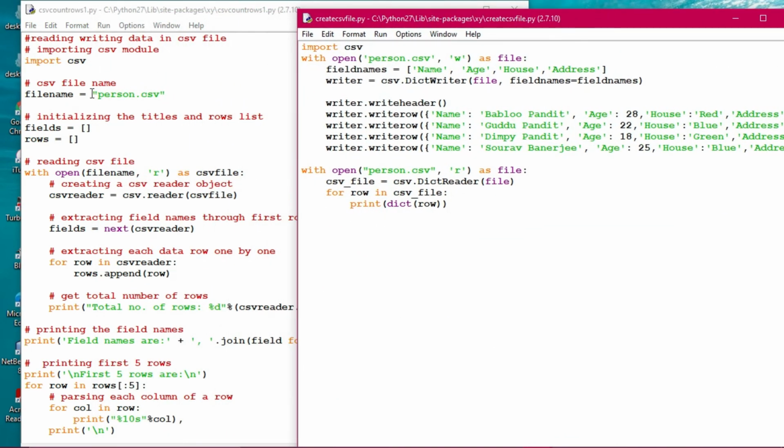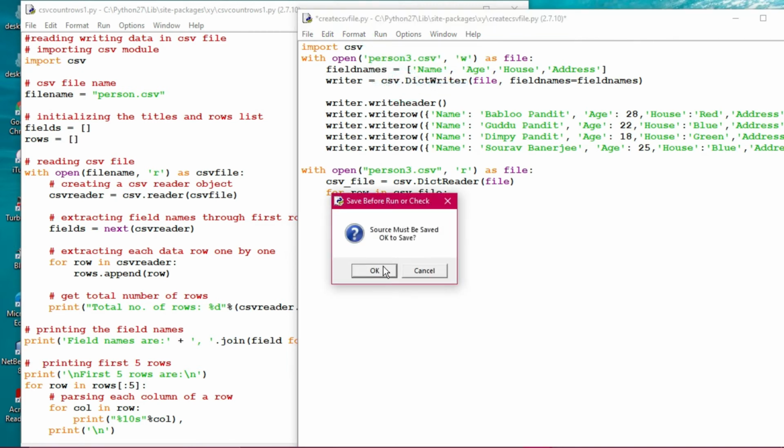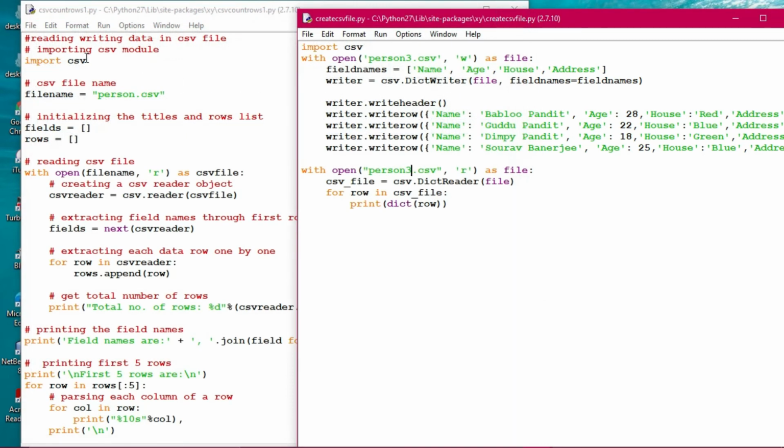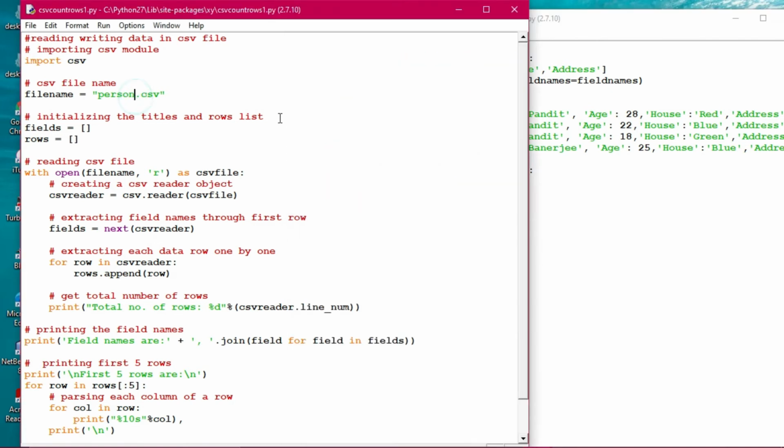You have opened the file directly because the file has to be present in that case. Suppose I'm creating person 3 first and then person 3 out here. Then I'm executing this program, and it will be working. You see out here, first I'm creating person 3 with this one. Okay, let's see. It has been created now by this file, and now I am creating person3.csv out here. Now see, it will work 100%.